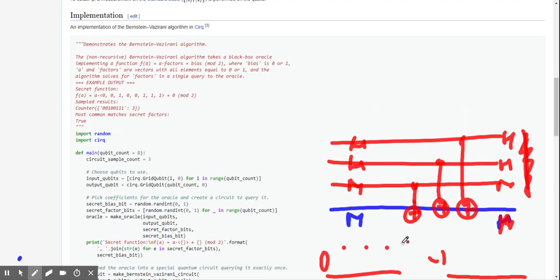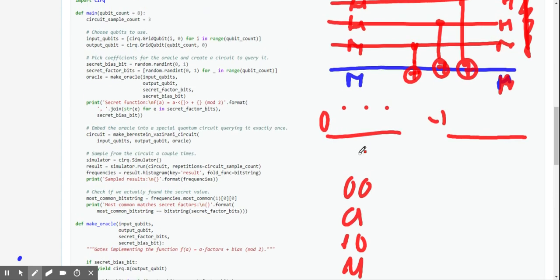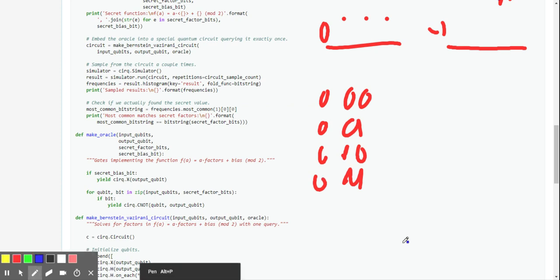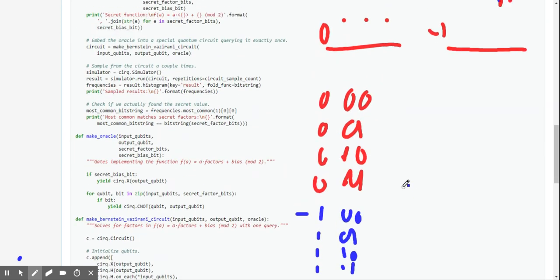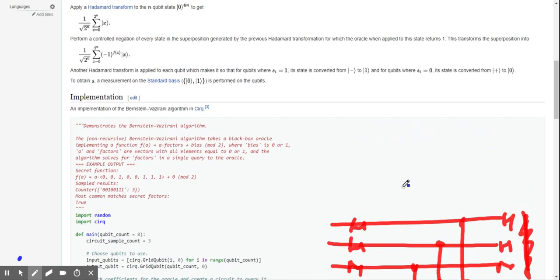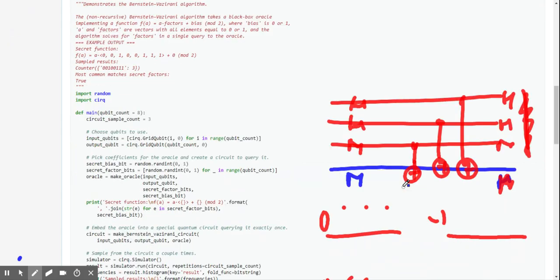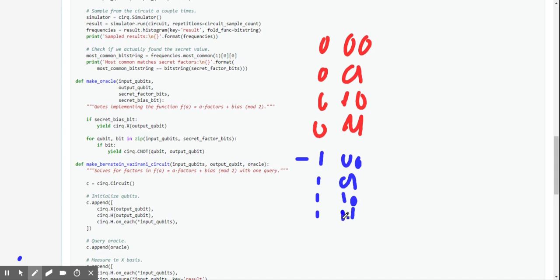So let's just make an example. If we've got 0 0, 0 1, 1 0, 1 1, and then our ancilla qubit is this one here, and then you're gonna basically have these, right? If the secret string is 1 1, right,